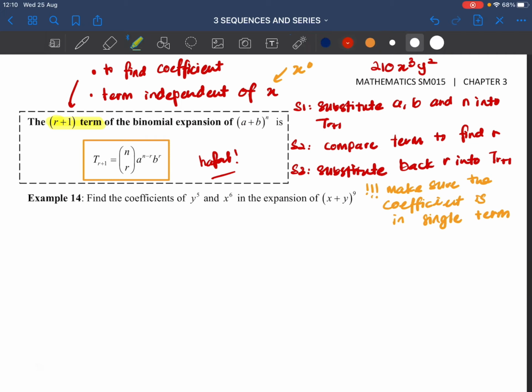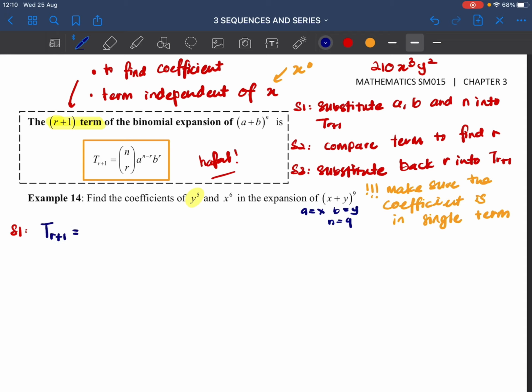Okay, so first we want to find the coefficient of y5. Okay, y to the power of 5. So the first step is we have to substitute a, b and n into Tr+1 formula. So basically here we have our a is equals to x, b is equals to y, our n is equals to 9. Okay, so substitute a, b and n into the formula. So here is the formula. So we will have